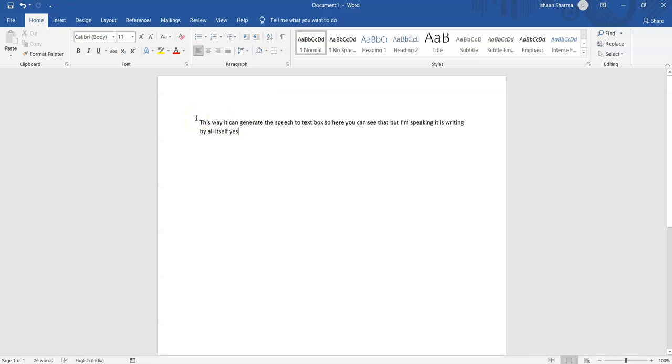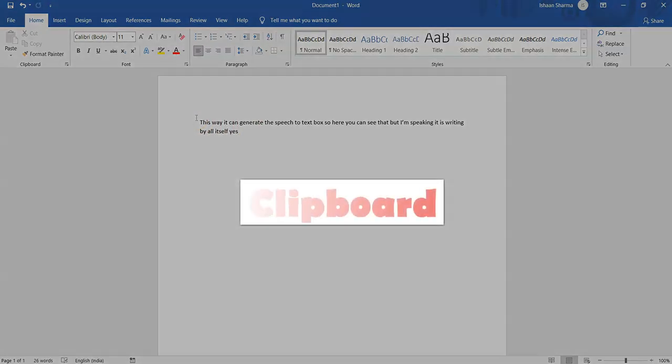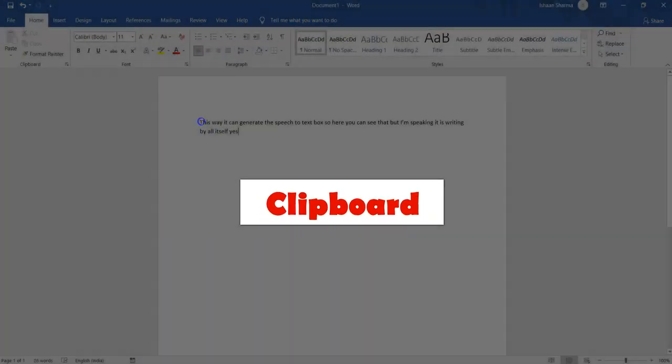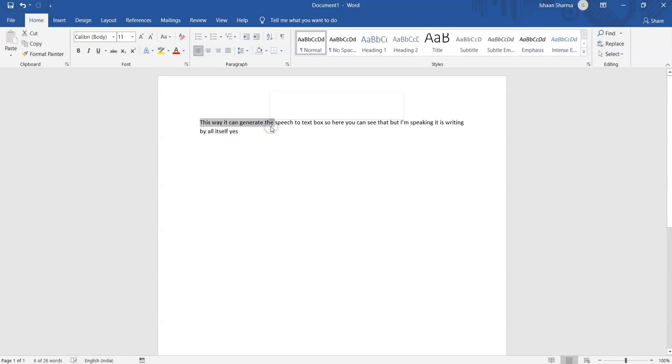So the third is clipboard. Suppose I have copied some data or link or important passcodes, and instead of retyping it, we have a simple clipboard in our laptop similar to that in our mobile phones.